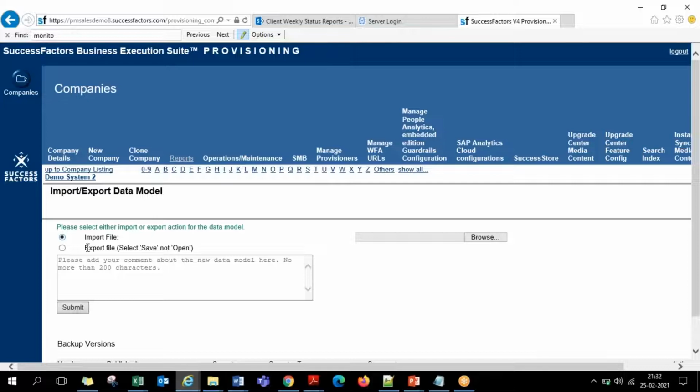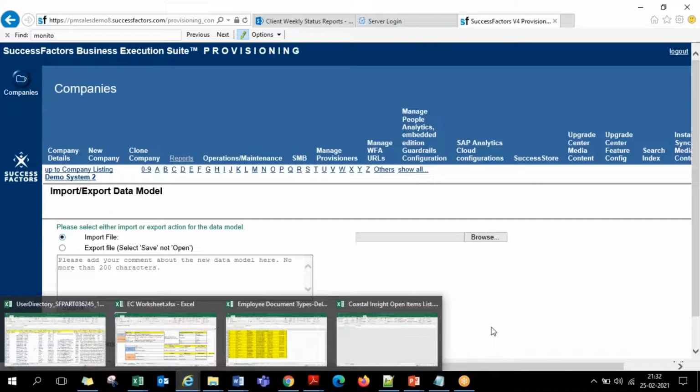Because 10 days back whatever you downloaded and kept in your laptop, in the 10 days other consultants might have done changes on the front end. Now if you upload the 10 days back old one, every change will be overridden. So that's why every time the latest one has to be downloaded at that point of time, make the change and immediately upload back, or else make it only on the front end or only in the XML. One person will be taking the responsibility. Got it? Hope that answers your question, Poonam.